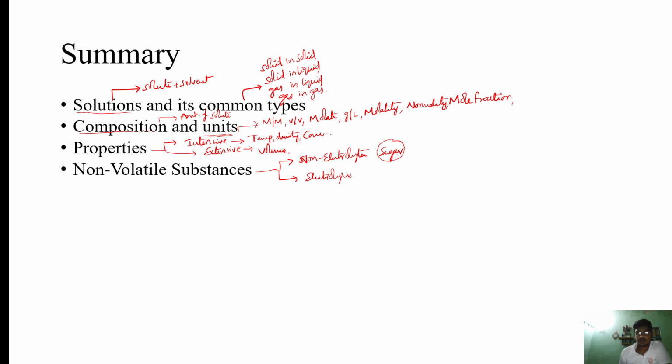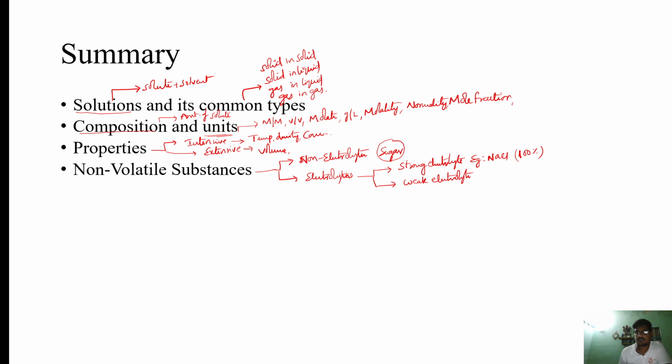And there are electrolytes. In the electrolytes also we have one called strong electrolyte, and another one called weak electrolyte. We have studied this in detail. Strong electrolyte, to give you an example, NaCl. Whichever completely dissolves, or 100% dissolves, in water and gives you ions,